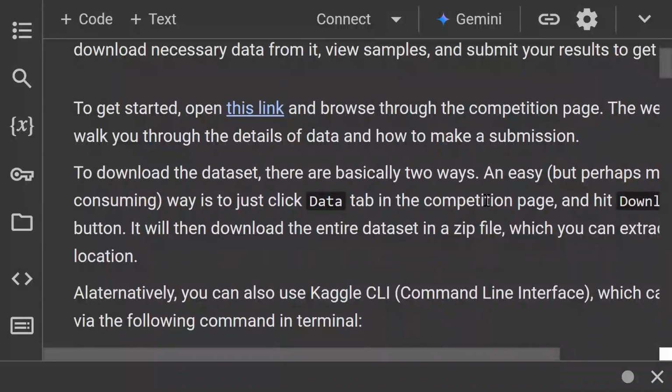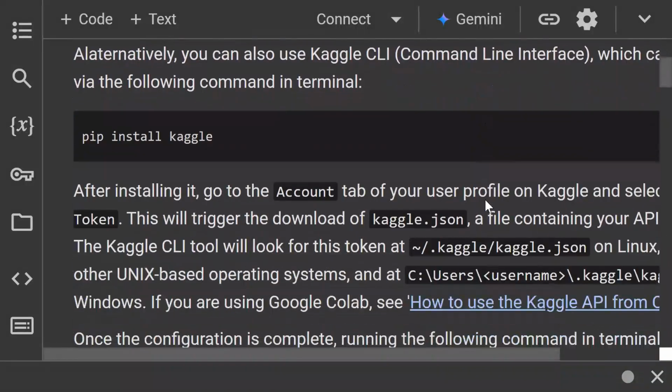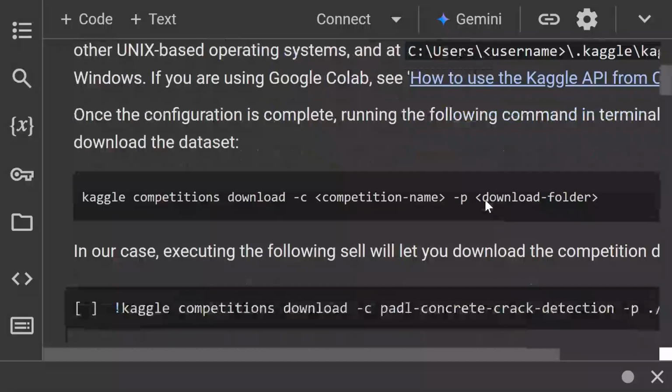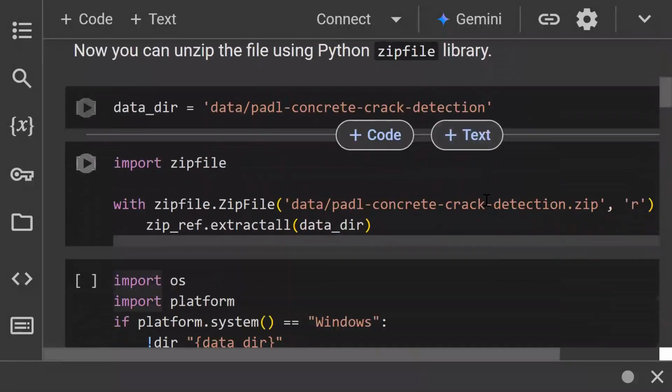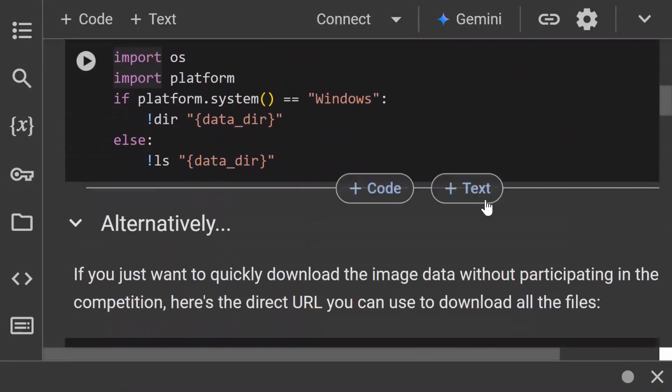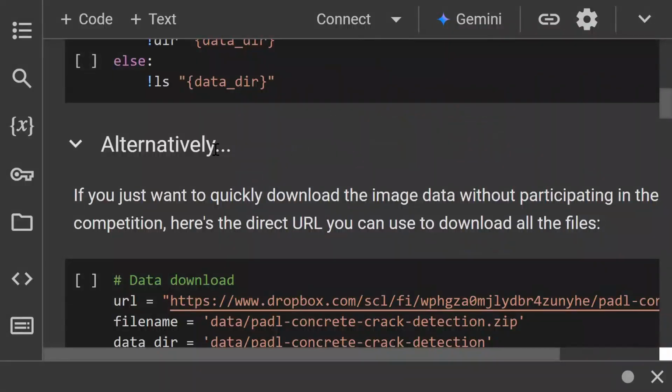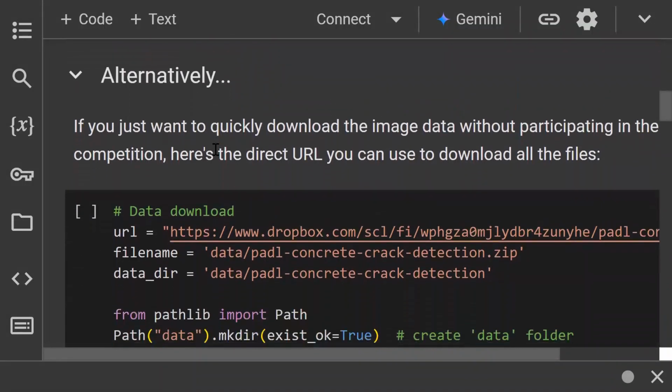So here's a kind of walkthrough, which I'm not going to do. But instead, please go directly to this part, alternatively,